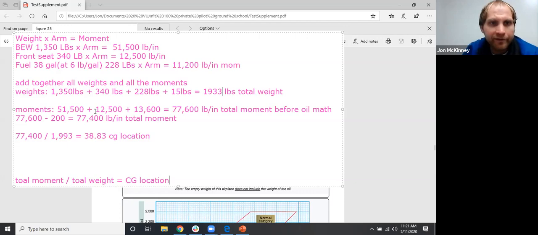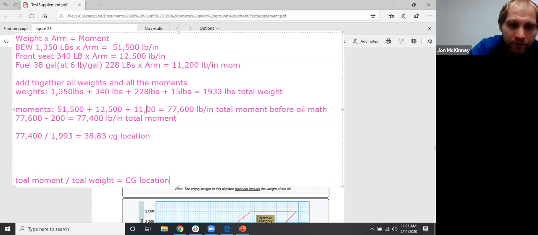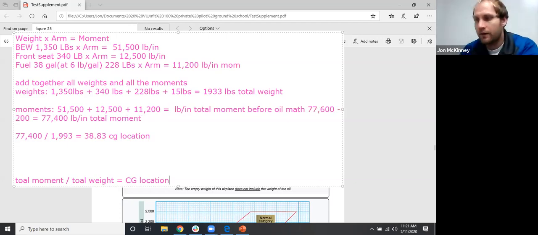Okay, moments. Well, my moment for fuel has changed. Before, my fuel moment was 11, I mean, now it's 11.2, which we think was 13.6 here. Yeah. So let's change this to be 11.2. So then we have a moment of